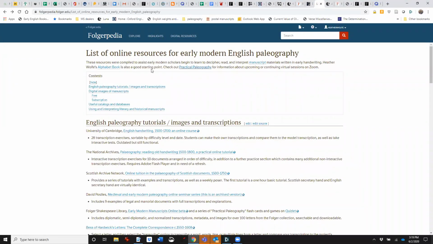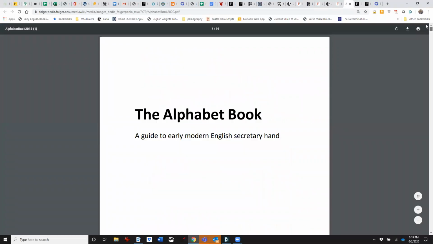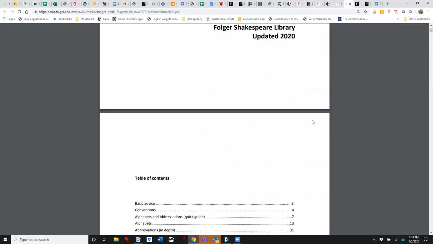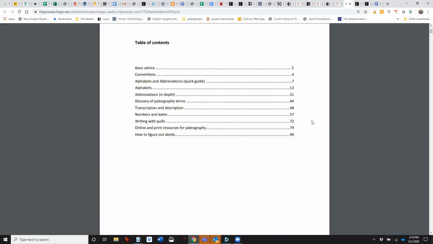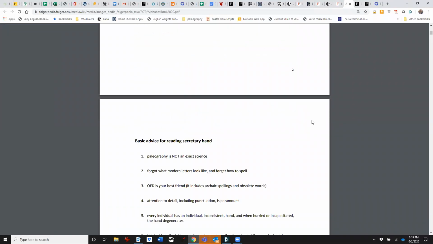And then I also want to point you to the alphabet book. I have that open already here. It's like 100 pages, and it's what I use for all of the teaching that I do. I hope this is the most recent one. I just saw 2018, but it's from 2020. I just went through and checked it.